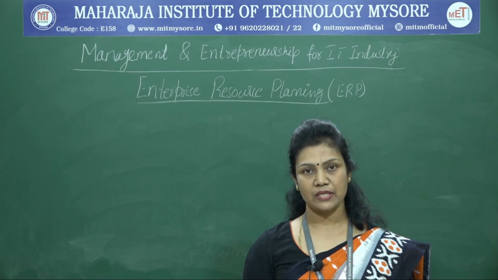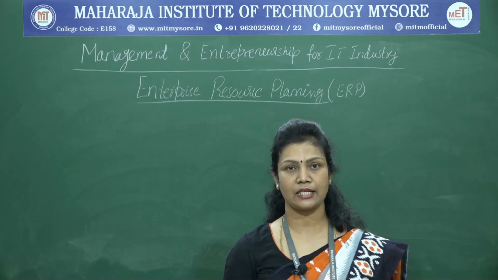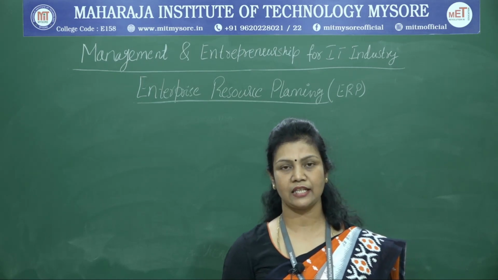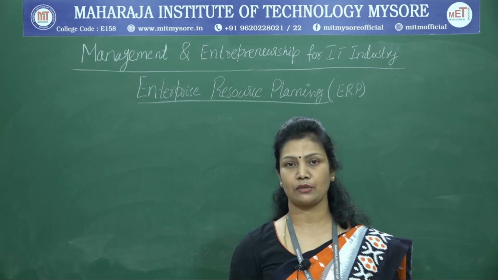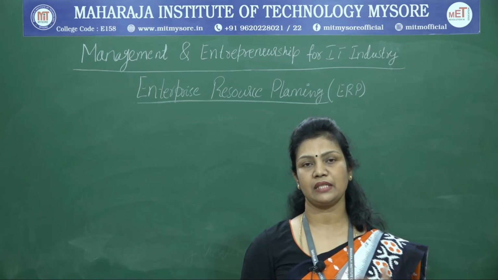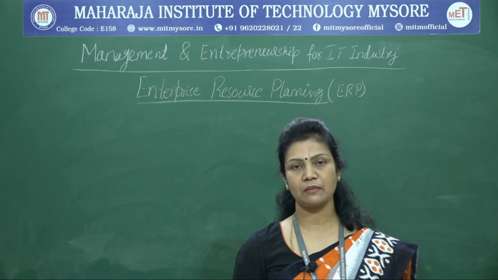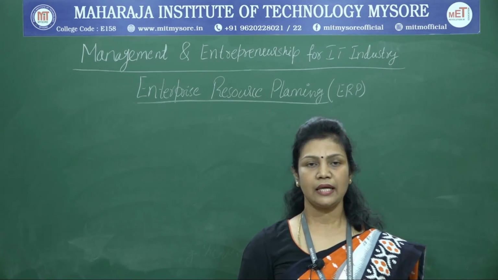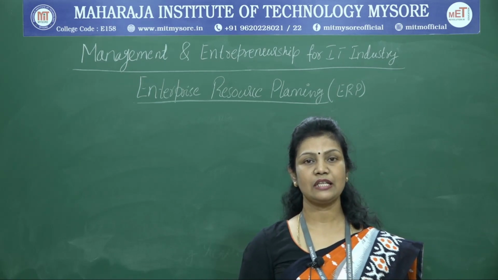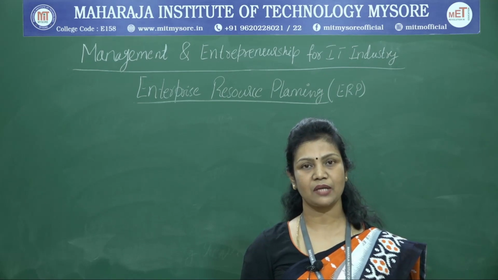When different departments work together to achieve the goal of the organization, they are going to generate a huge amount of data. That means each department generates a huge amount of data that may be required by their own department, or it may also be required by some other department. Then how is it going to be distributed among different departments if the information related to one department is needed